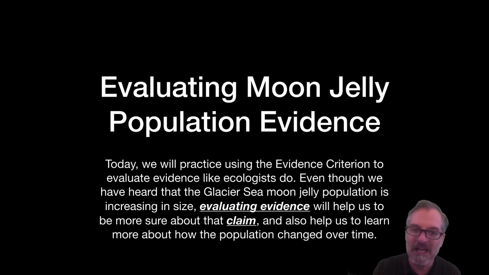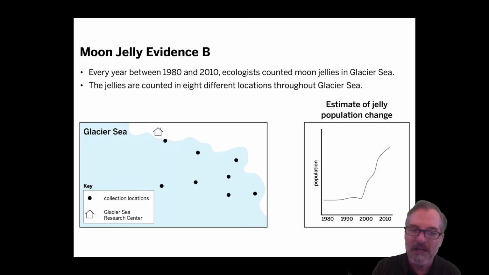But take a look at this next one right here, and you can see that here there were 8 sites where the jellies were collected or sampled every year between 1980 and 2010. And again, take a look at the graph over here. You can still see it. It's going up. But because there are 8 different sites,